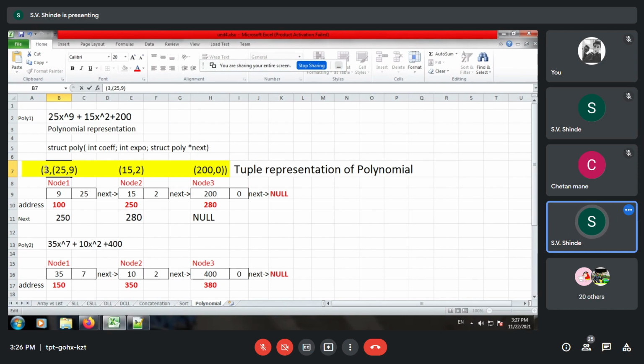What does 3 mean? Total number of nodes that will be represented by the polynomial. So we'll see this in the programming concept. I'll share the screen with you in just a minute.